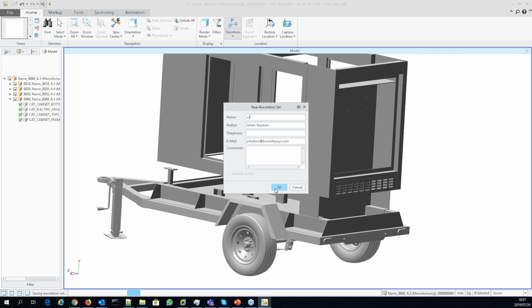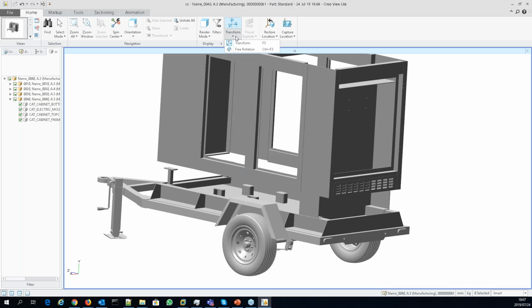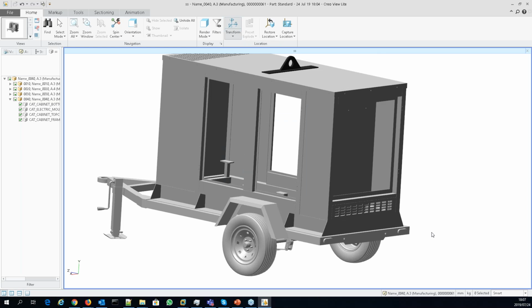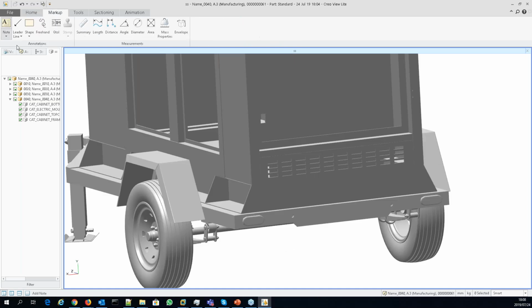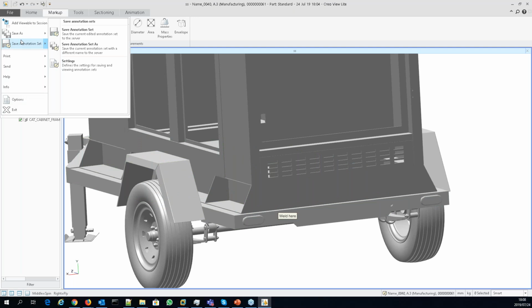Gonna restore the location, spin it a little bit more, and let's add another note in here. Something like that. Okay, and I'm going to save that one as a new name, just to show you what actually happens then. Okay,